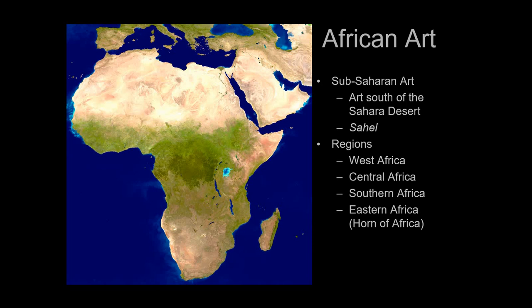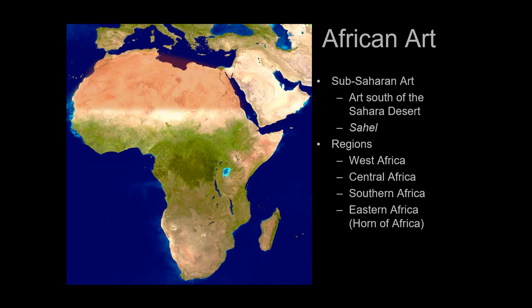Africa holds a multitude of cultures, religions, and of course, art. So let's get to this. When we talk about African art, the first thing we do is we cut off the top third of Africa. Why? Why do we slice off Africa's hat? The reason we slice off Africa's hat is because Africa's hat, North Africa, borders along the Mediterranean, and there's a lot of other influence from other cultures there. So this part of the world had been controlled by Phoenicians, Romans, Byzantines, and eventually Muslims. And it's predominantly Muslim today.